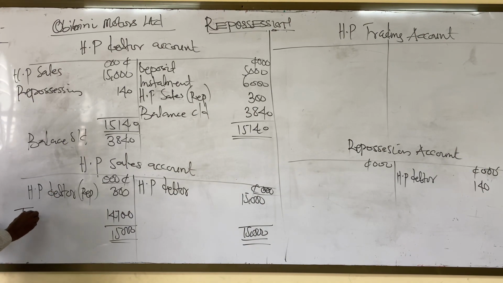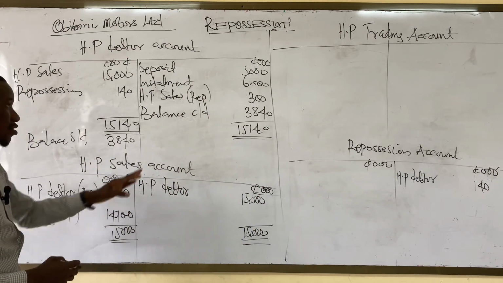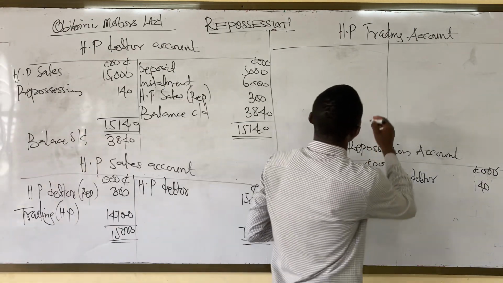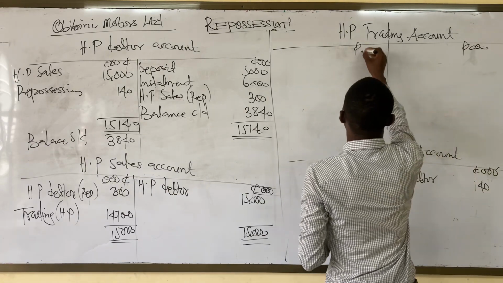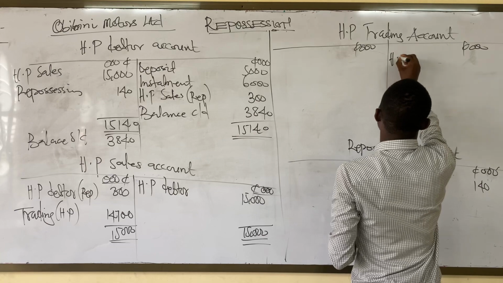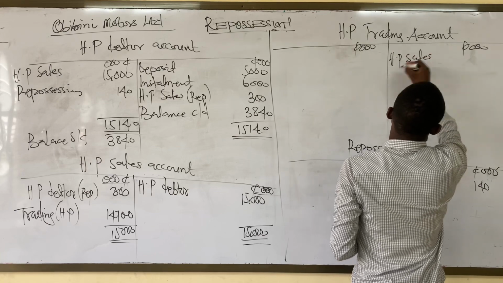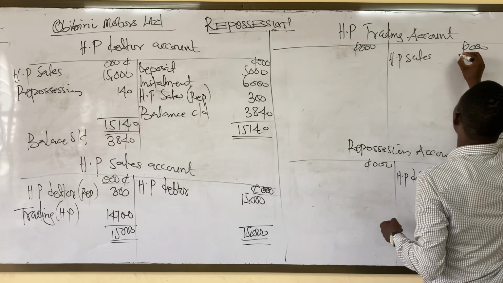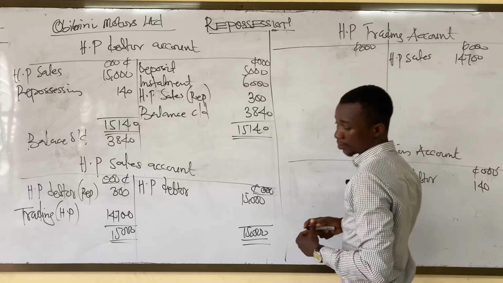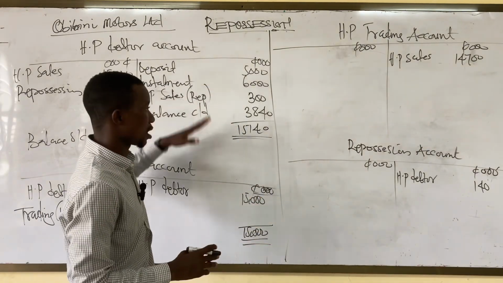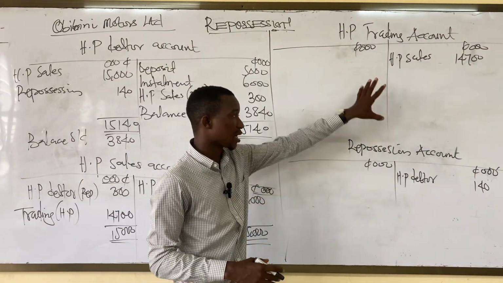So we represent here by the HP trading account. So we are sending this to the credit side of high purchase trading. So that is high purchase sales, an amount of 14,700. Very good. So after closing these two accounts, let's try to prepare these two accounts in order to